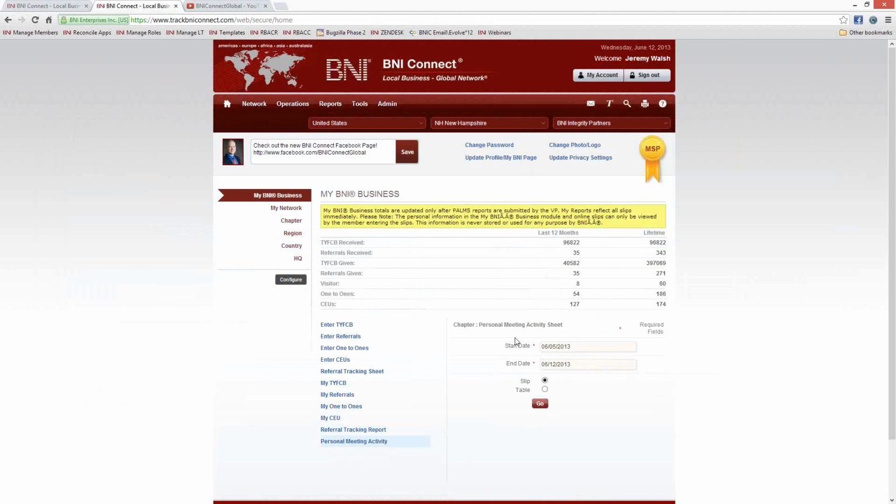Now, it's going to show you the last week's worth of activity, but let's say that you miss a meeting or you had sent a substitute and you need to catch up with 2 weeks. You can do that by changing the date. So let's say I need to go back for 2 weeks worth of activity. Well, I can choose to go back 2 weeks. Now, once I click Go,